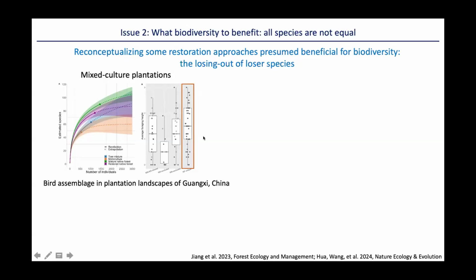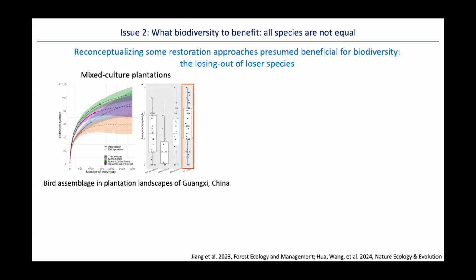But if you parse out what species occurs in what kind of forest cover in his study system, you will see that a lot of species are actually only found in the mature native forest in the protected areas in the region. So none of them would occur in the plantation landscape. So in other words, even though we see biodiversity benefits of mixed culture plantation, only a limited set of species would benefit. And there's still a large number of species that may not be able to benefit from this kind